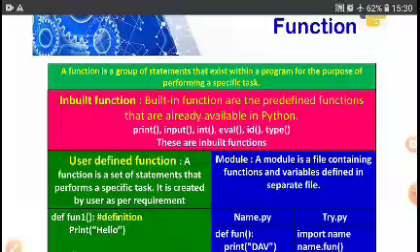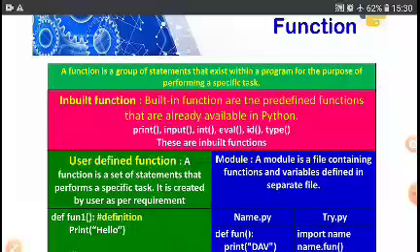Inbuilt functions are predefined functions that are already available in Python: print, input, int, eval, id, type. These are inbuilt functions. I have already used these functions in previous examples.